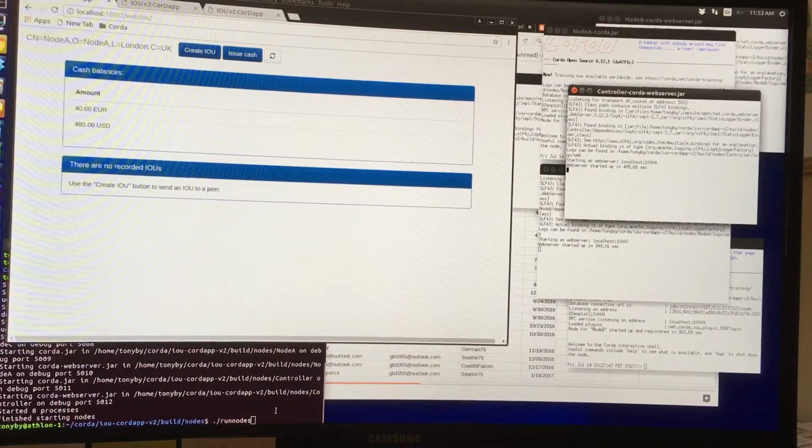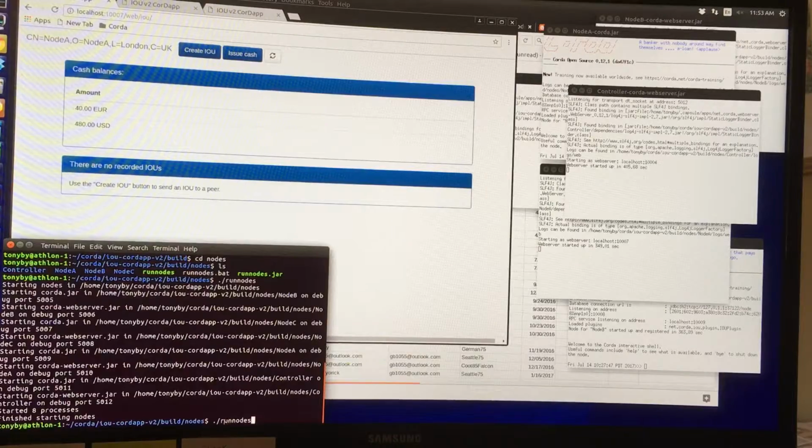And because this PC is direct connected to the internet, as it was compiling, it pulled down all of the libraries that were needed. And once the build was done, this run nodes command here in this command window was run, and that started